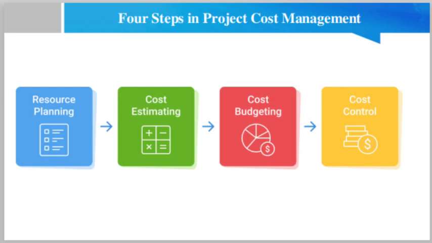Next one is the cost budgeting. At the third phase in project cost management, you will develop a budget, a summary of all expenditures and revenues involved in the project. As such, this important document has a purpose to conclude the cost calculation and resource planning efforts. It states the final cost estimates, clarifies how much money you will have at different stages in the project life cycle,